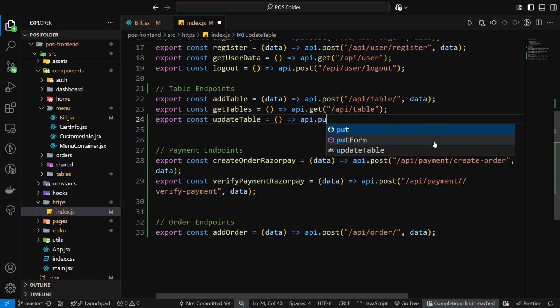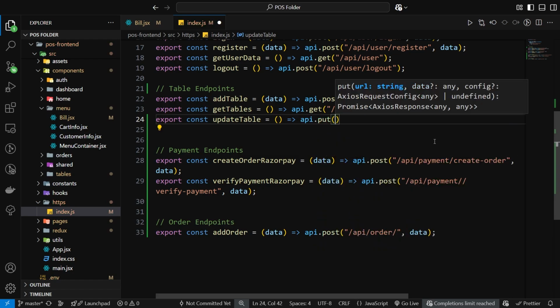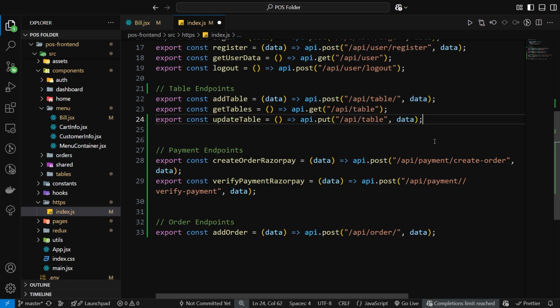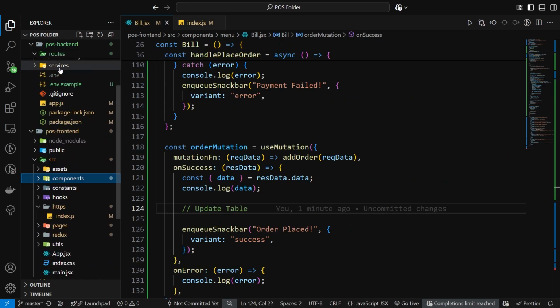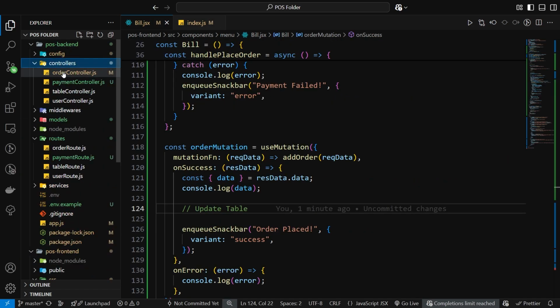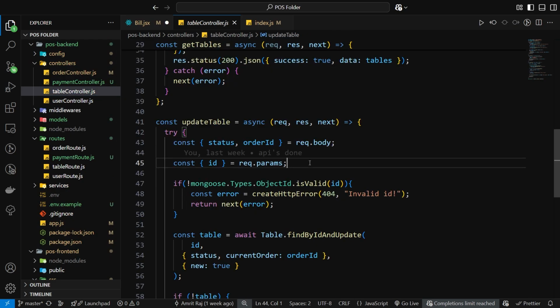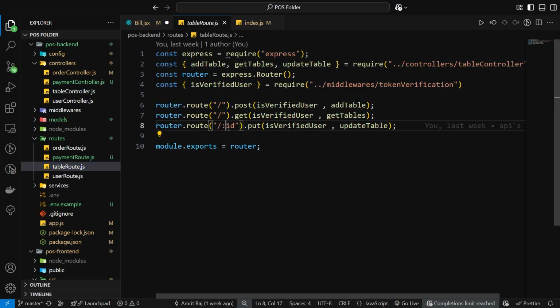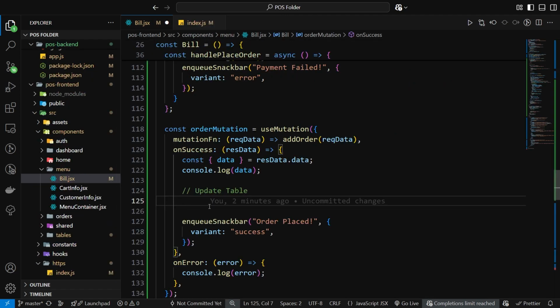api dot put, update table. Okay, and here pass the data. Okay, now let's go to your table controller. Here we have to pass status, order ID, and in the routes, you can see that we have to pass the ID of the table, like which table I want to update. Okay, so just here